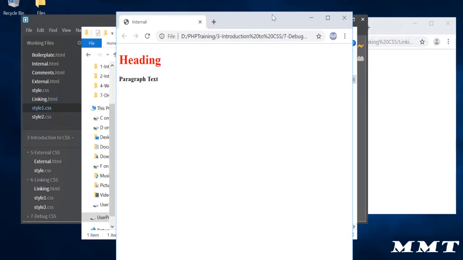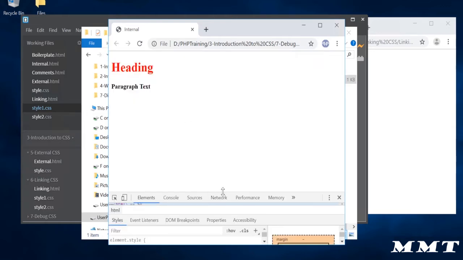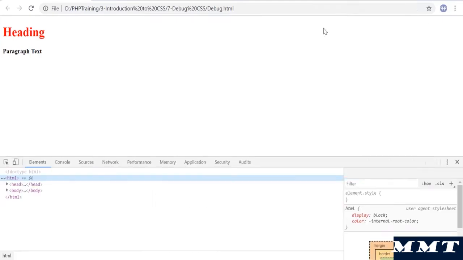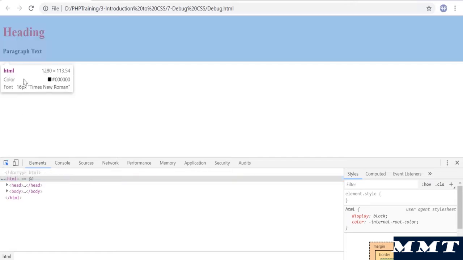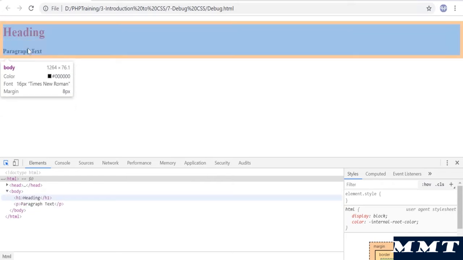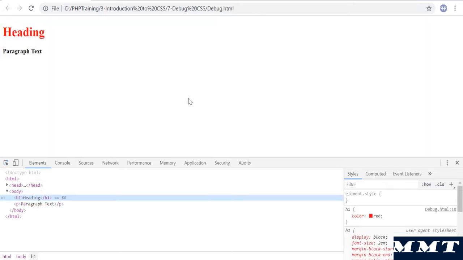Okay, and how to debug CSS, how to see which element is having what property. So for that you go to inspect mode. Right, once you go to inspect mode, let's open up in the maximize view. You have this arrow here. Okay, when you click this arrow, it says selected. Now you can point to the element you want, and once you are pointed, it's basically trying to tell you some property there. Right, it's red in color, so just click on it and you go to the right hand side. You find the styles here. You see the H1 is basically red.